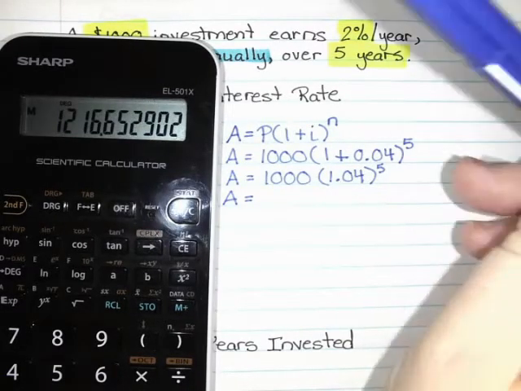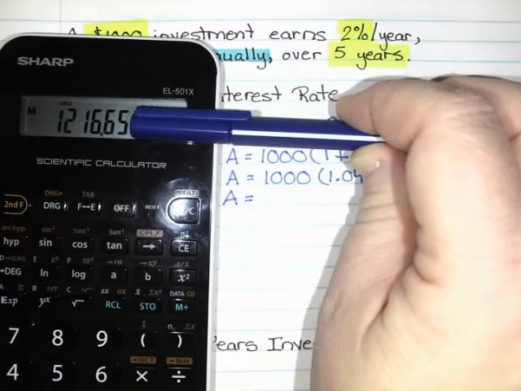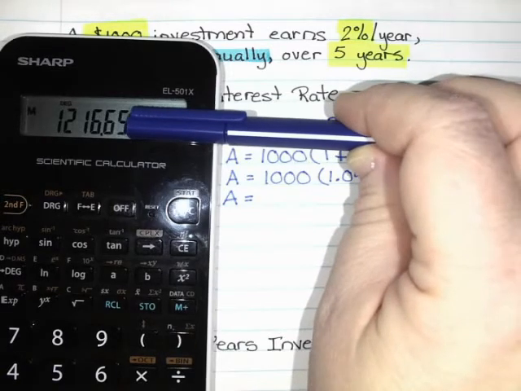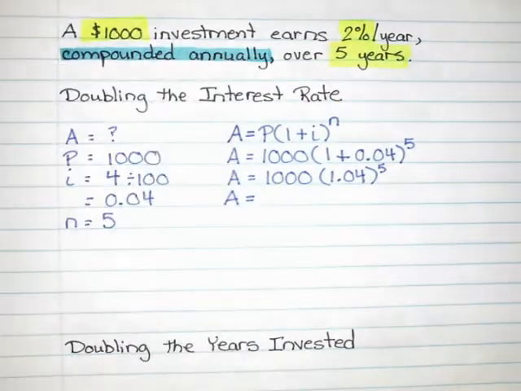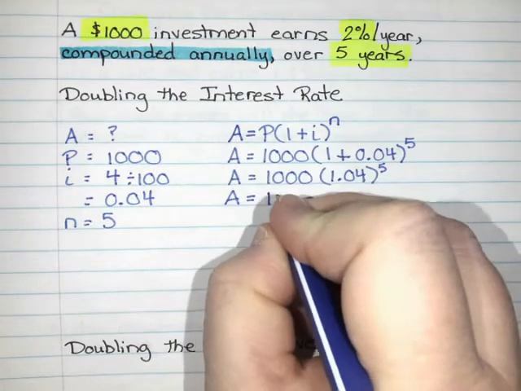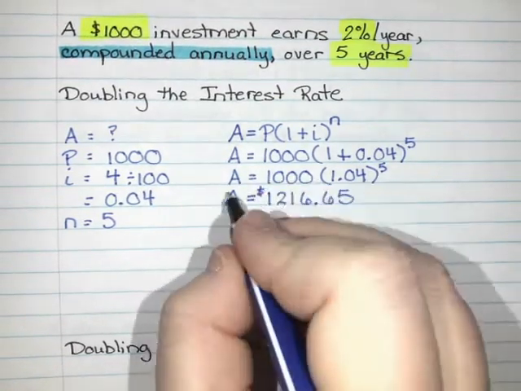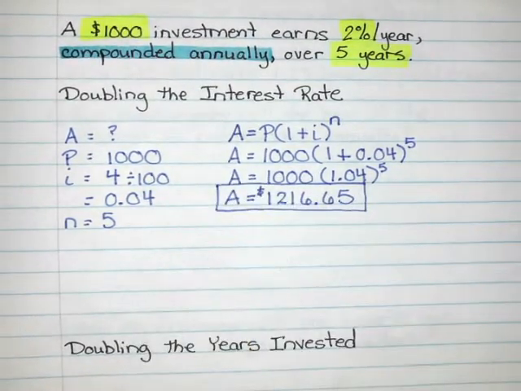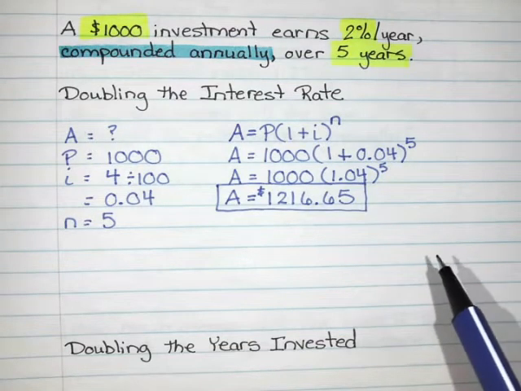And I get $1,216.65, but I am going to take a quick peek at the next number. It's a 2. So that means that's going to stay at 65 cents. So it's $1,216.65. So if we double the interest rate, at the end of the investment we should have $1,216.65. Normally I would write a concluding statement for my question, but because we're just comparing the numbers, our concluding